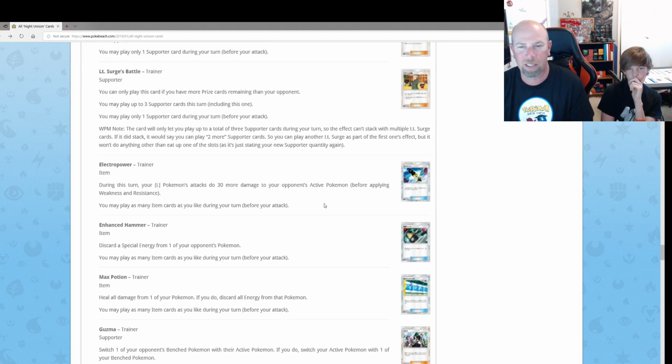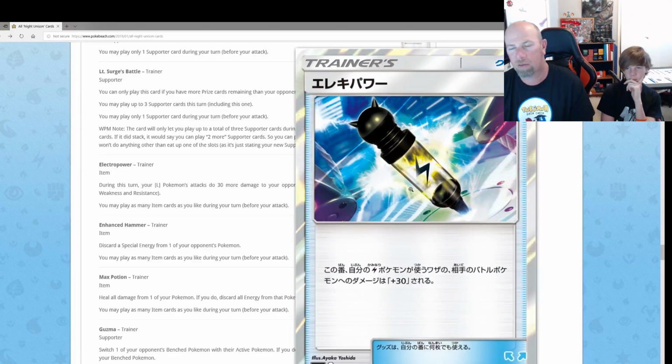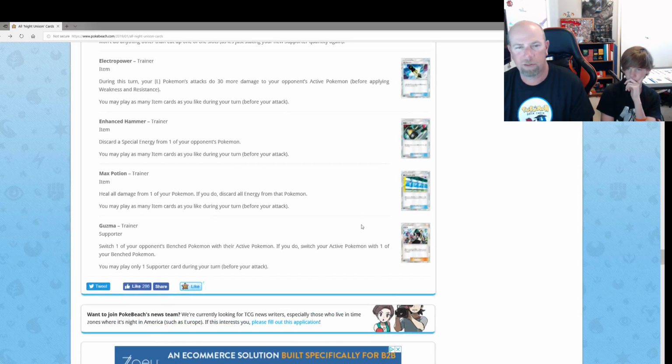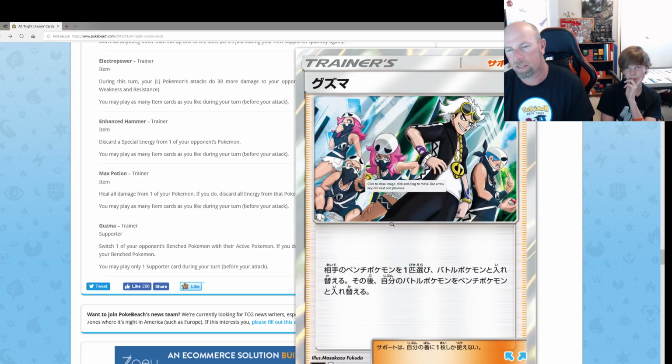It's busted. Yeah. Another reprint of Electropower. They're pushing these almost in every set. We've got a different Electropower. I like that artwork, though. It's pretty cool. Enhanced Hammer, Max Potion, Guzma. We're pushing more Guzma. I like how they're bringing Guzma back. Yeah, because that keeps the prices low. But